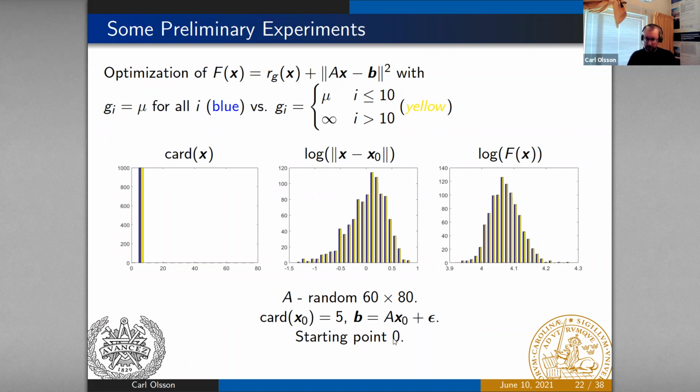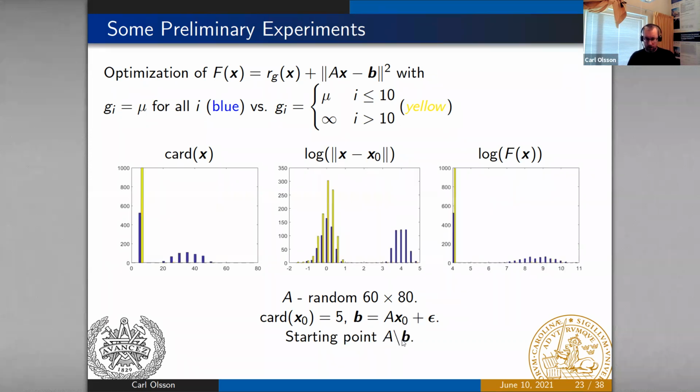And I'm optimizing this from starting point 0. This is optimized with ADMM, by the way. So here there is no difference whatsoever. They give exactly the same result, and they seem to find what's the global minimum when I start from this point. If I change the starting point to this least square solution, which seems like a sensible thing to do,